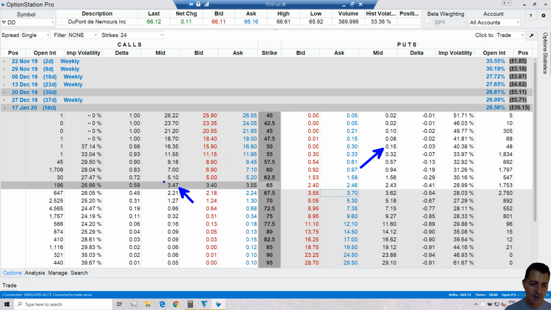Basically the cost of the trade will be 3.47 minus 15, which let's call it 3.32. That would be the cost of the trade. So yes, I diminished 3.47 to 3.32, which is 15. So you could certainly take that, but at the same time, imagine something crazy was to happen to DuPont, and